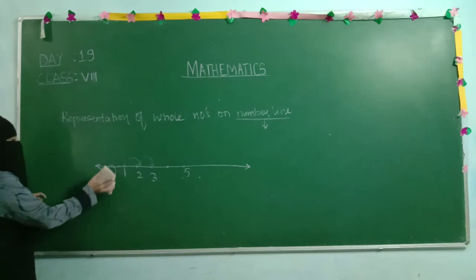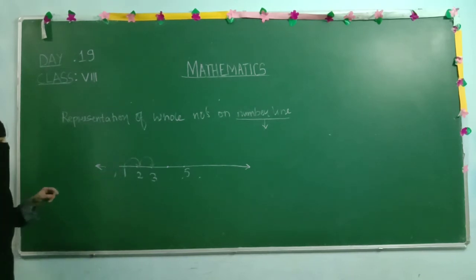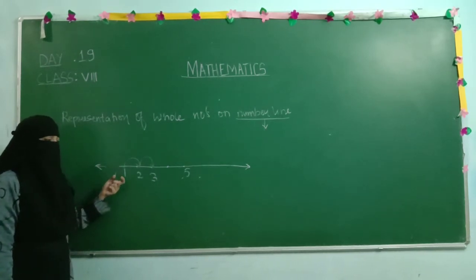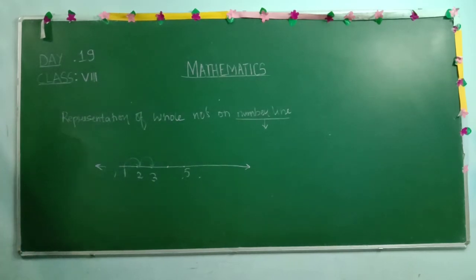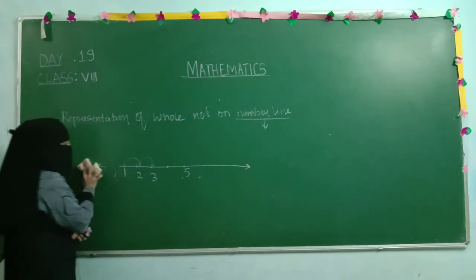If we talk about the smallest natural number, it means numbers which start from 1 and they do not end, there are infinite numbers. Okay, infinite whole numbers we are having. So the least natural number is 1, and the largest natural number is not defined. Similarly for whole numbers also, the smallest whole number is 0 and the largest whole number is not defined. This is the representation of natural numbers and whole numbers.